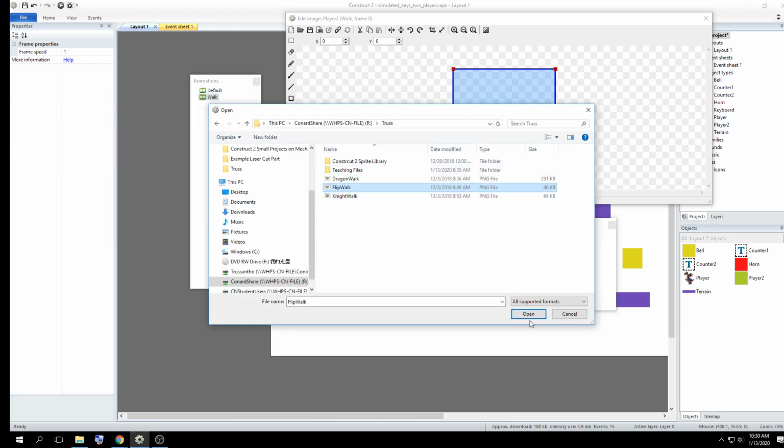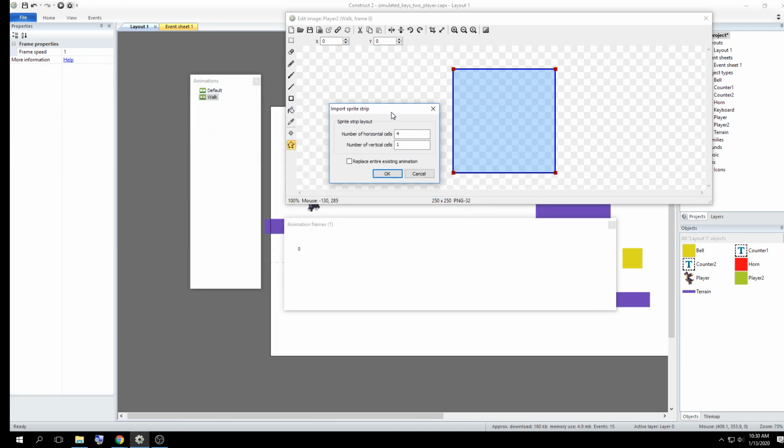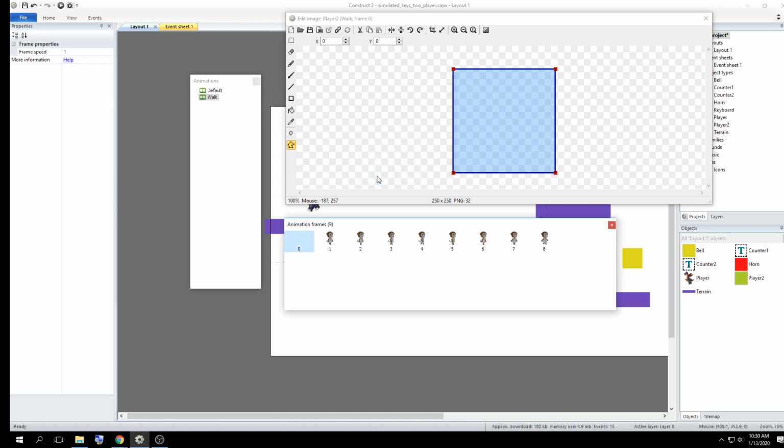So we're going to click flip walk and say open, and here's the reason why this was an important thing for me to bring up a minute ago. It says number of vertical cells. That's our row. We have 1. All right, number of horizontal cells. How many do we have horizontally going across? We already just said it was 8. So if you say 1 and 8, 8 horizontal, 1 vertical, and say OK, your sprite will populate in your